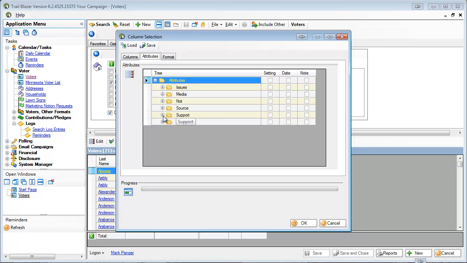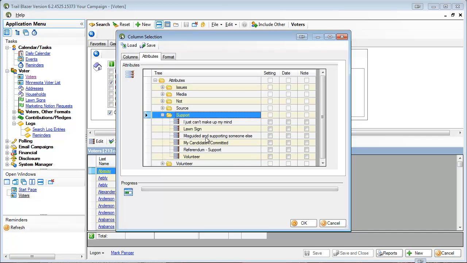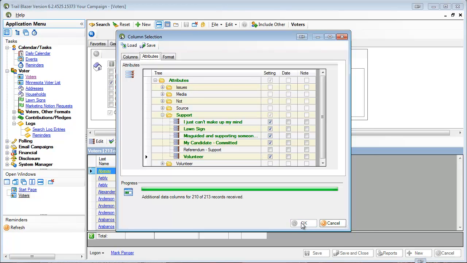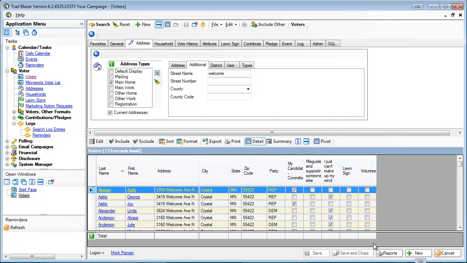So I'm going to go to my support tab and I'm going to choose my candidate committed, and that's 4. Misguided and supporting someone else is opposed. I just can't make up my mind is undecided. And if they are for me, maybe I'd like to ask them if they'd like a lawn sign and whether or not they'd like to be a volunteer. If I add those columns in and choose the report